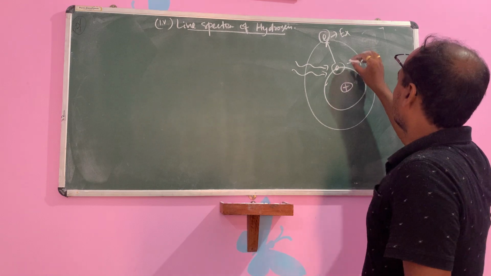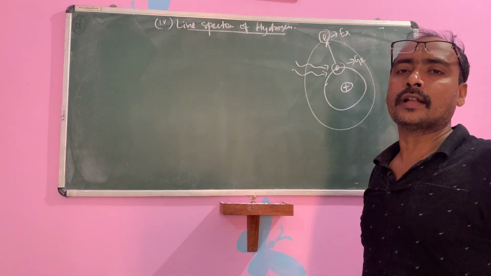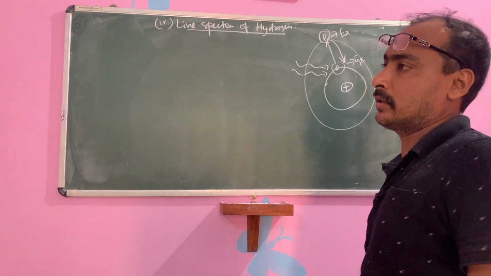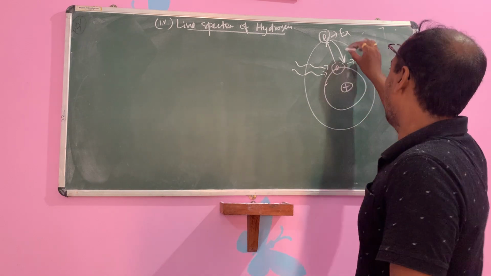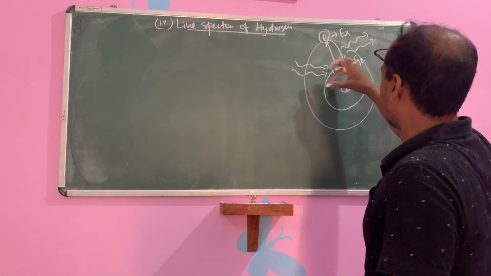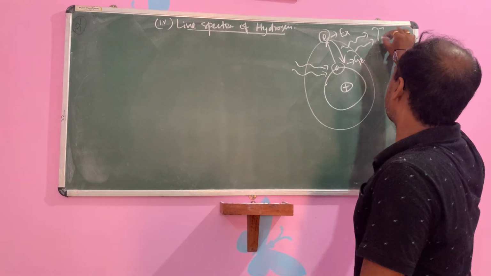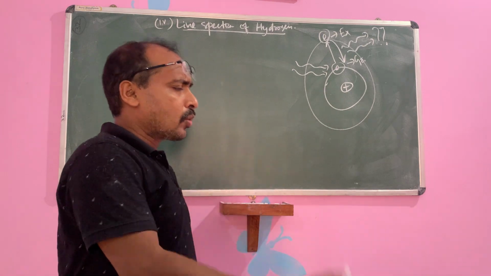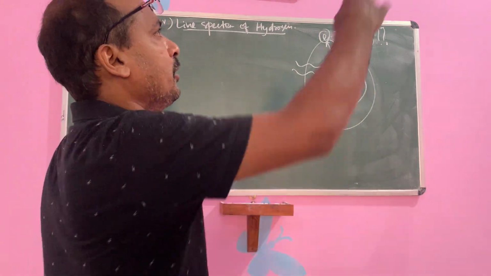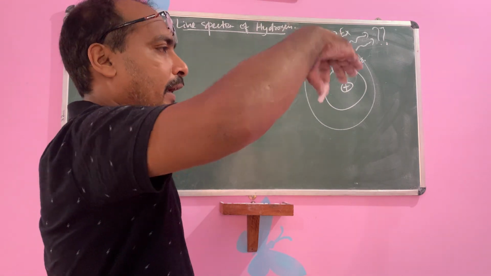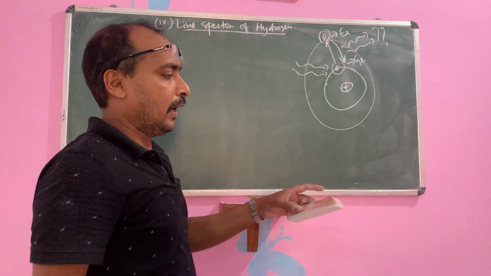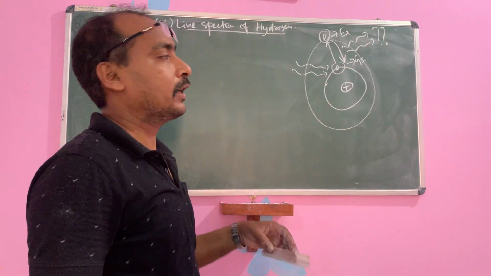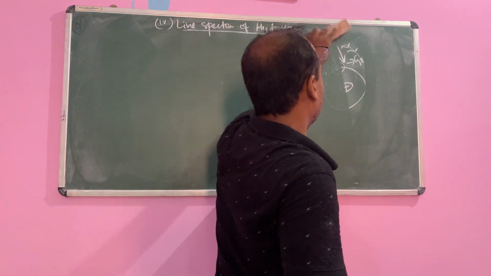This electron is not stable at the higher energy state, so it returns to its original ground state, the lower energy state, by emitting radiation. That radiation is known as the line spectra of hydrogen. Many crores of atoms get excited, so there are different imaginary energy levels: K, L, M, N, O, P, Q. K is the ground state, and electrons go from L to K, M to K. Like this, electrons return back to their home.